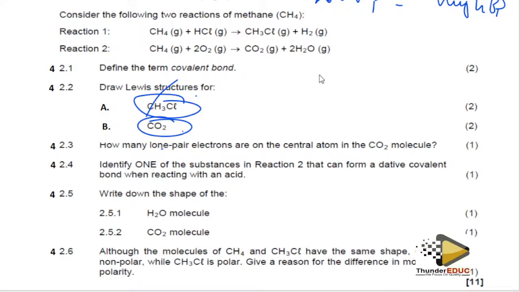molecule. So we have to draw the structure of carbon dioxide. Carbon has 1, 2, 3, 4 electrons because it's found in group 4, while oxygen is in group 6, meaning that it has 1, 2, 3, 4, 5, 6. The same story here, 1, 2, 3, 4, 5, 6. It means that now